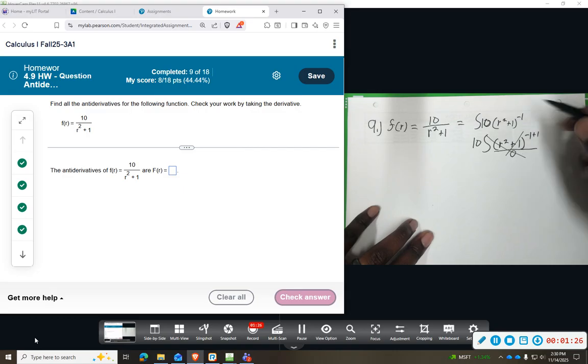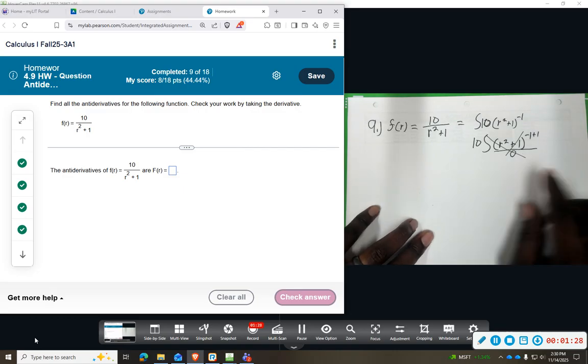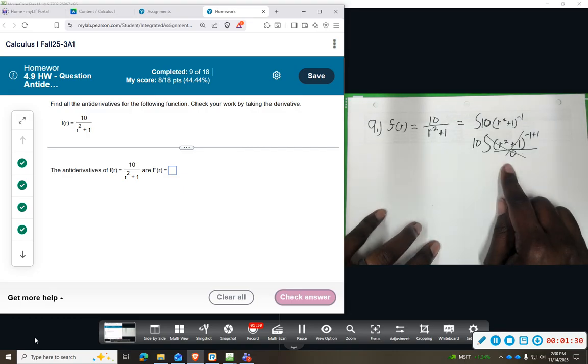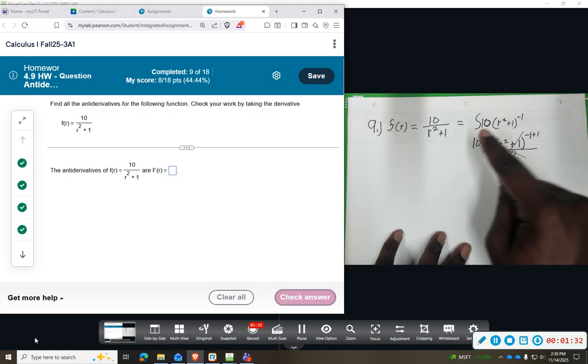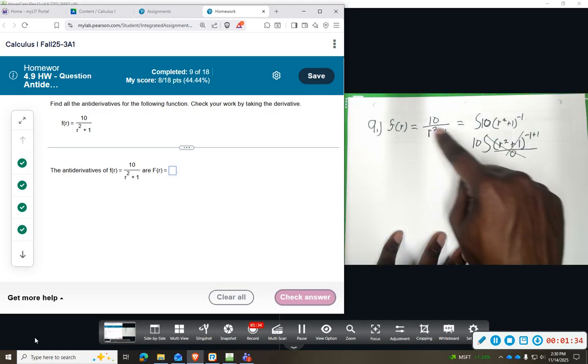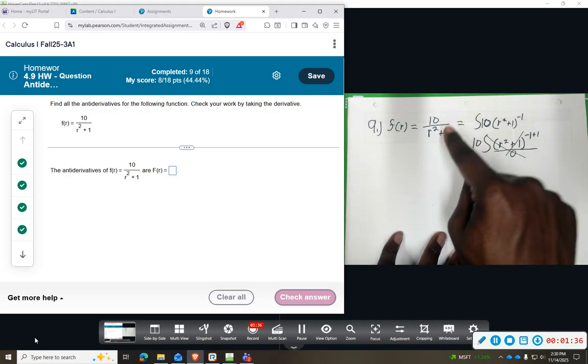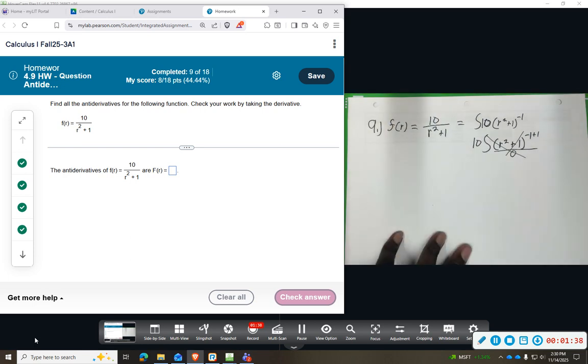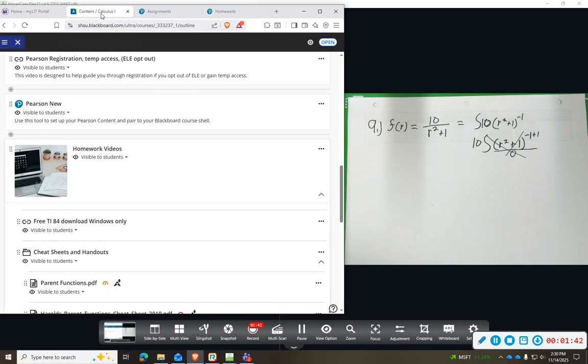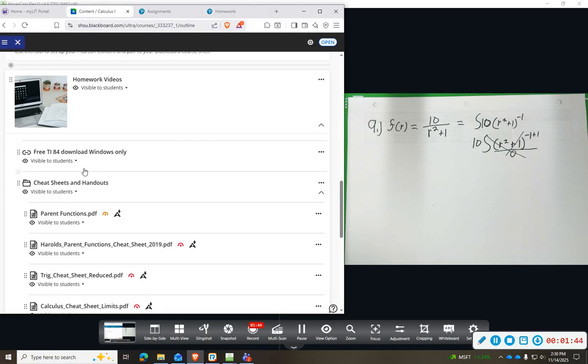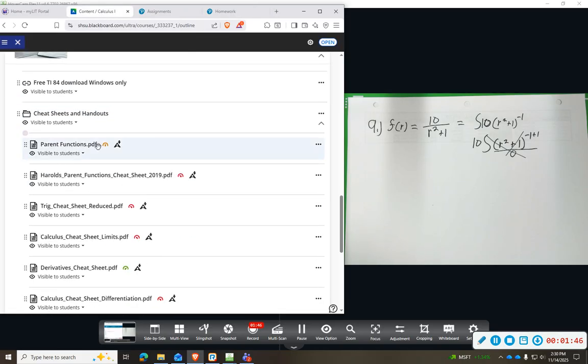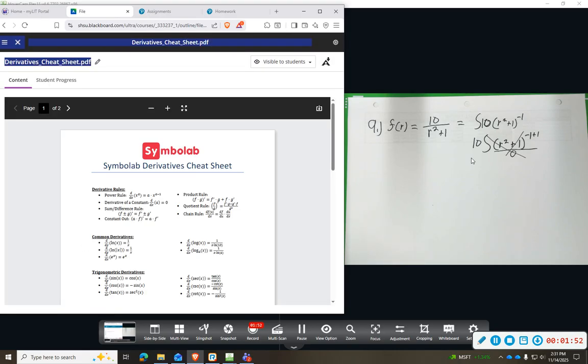So usually I'm going to go back and try to find a special function by looking at derivatives and saying, what can I go backwards from? This is the derivative of some function. The antiderivative is going to be going backwards. So if you refer to your textbook, or I'm going to go to our course and look at our cheat sheets and handouts, I'm going to look at the derivatives. And I'm looking for something in this form, something similar